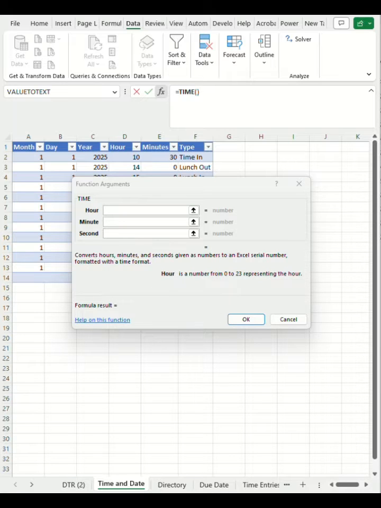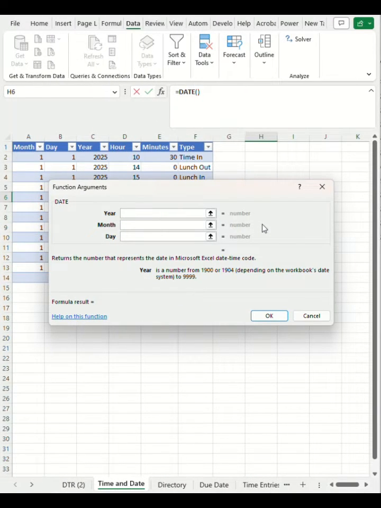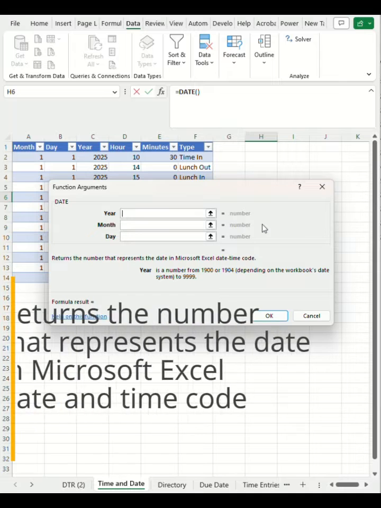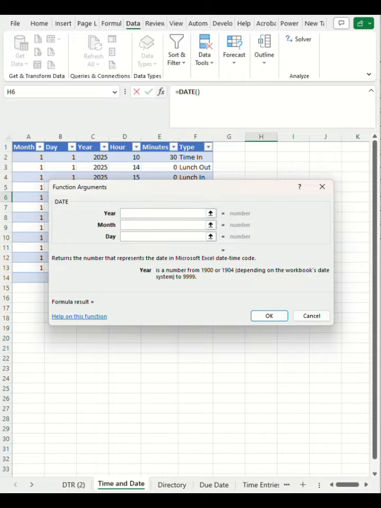with a time format. And ang syntax niya is yung hour, so number from 0 to 23, the minutes, so 0 to 59, and seconds, 0 to 59 as well. While the date function returns the number that represents the date in Microsoft Excel date time code. So ang syntax niya ay year, so the four-digit number for the year, the month, so number from 1 to 12 representing yung month of the year, and the day, so from 1 to 31 representing the day of the